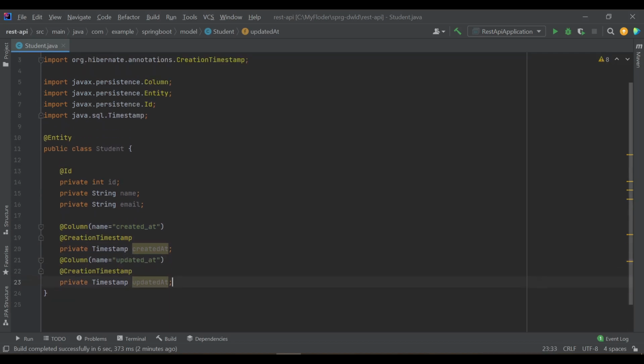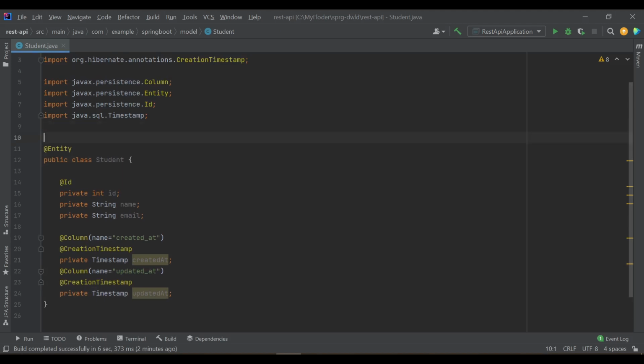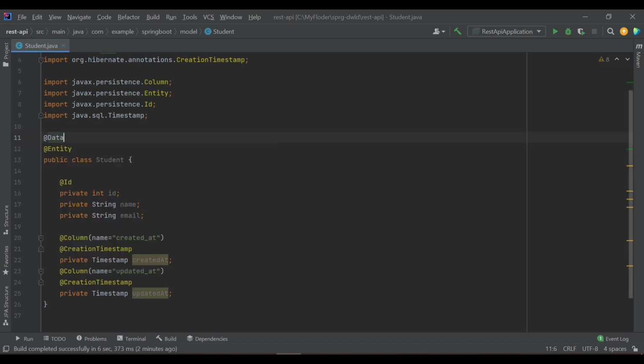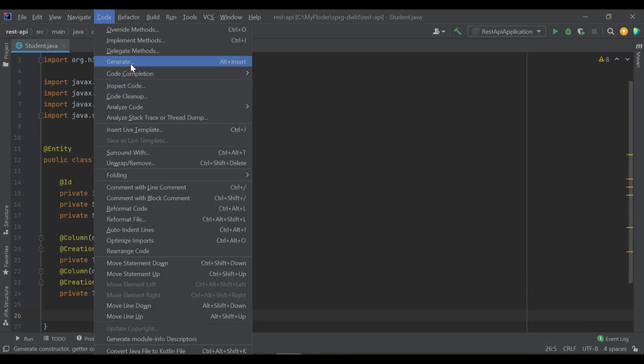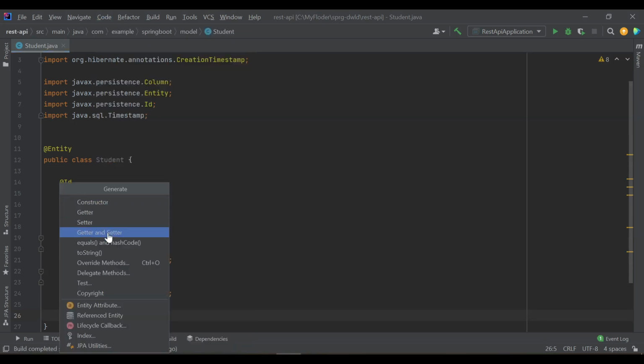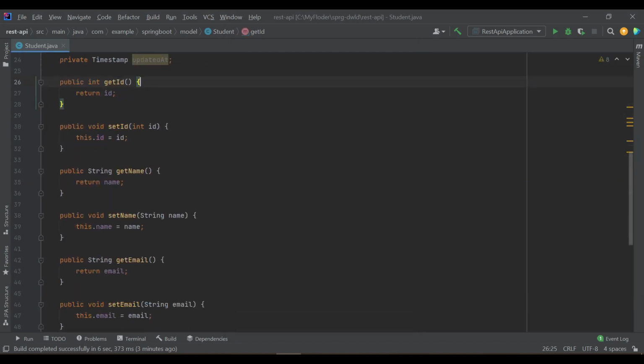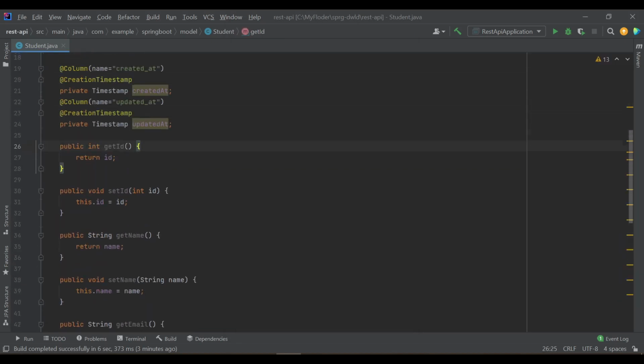And when you are dealing with an entity, it should have getter and setter functions. So I will use the annotation @Data from Lombok. If you are not using Lombok, you just go and generate getters and setters, but this is kind of boilerplate code.